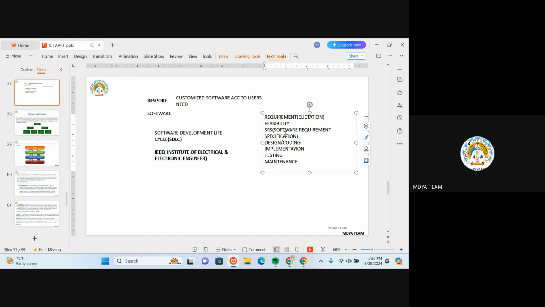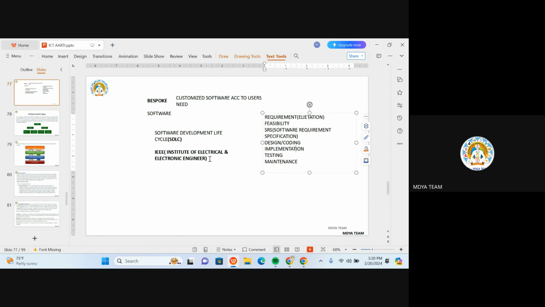SRS, software requirement specification, that is a document signed between user and the software developer. Then design and coding of that software. Then implementation. Then testing of that software. Then maintenance. Okay, these are some rules the software developer has to follow, and these rules are developed by the